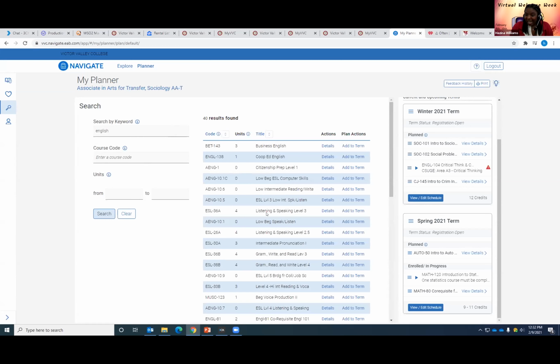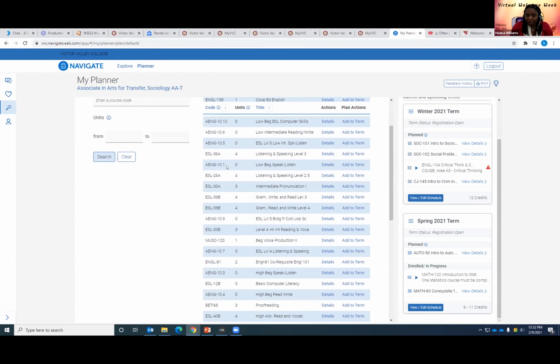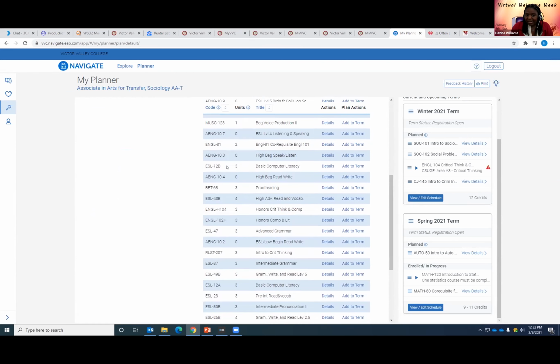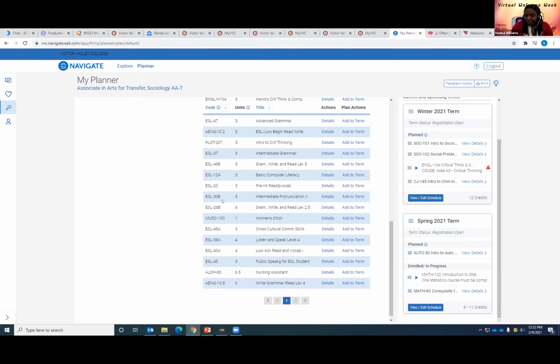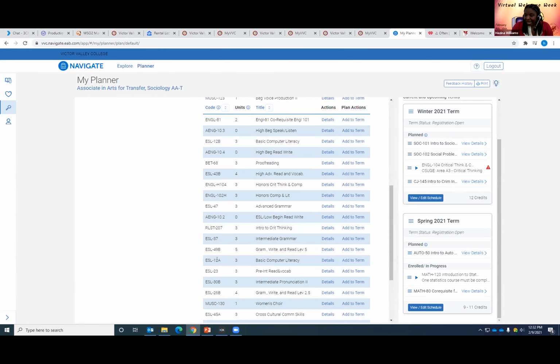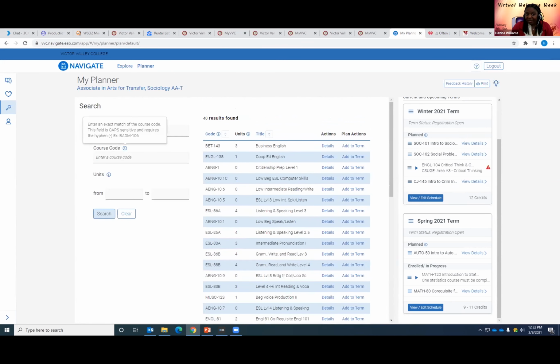So it's kind of hard to navigate, but what I'm looking for is English 101 because that's the class that I need. So I'm going to scroll all the way through until I see English 101. And you see that's not listed here. That's because there's a lot of English classes and we can't always fit them in here. So if that happens, you can also go to course code and type in English-101